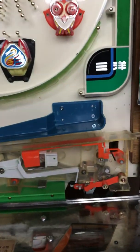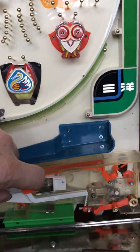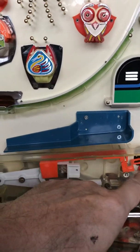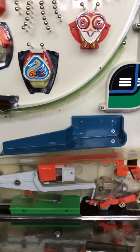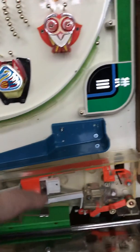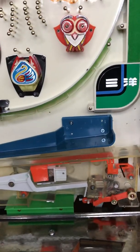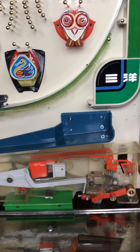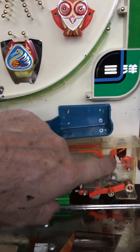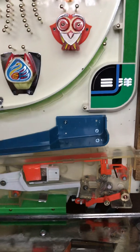So some people have actually taken this mechanism right out so that it doesn't get affected by this, and that's a fairly easy thing to do. All you're going to do is take the retaining pin off here and remove this whole arm. And again, it may look different on your machine, but you'll find something that's functionally the same. So that's a very quick fix, is just remove this piece, and then you don't have to worry about the